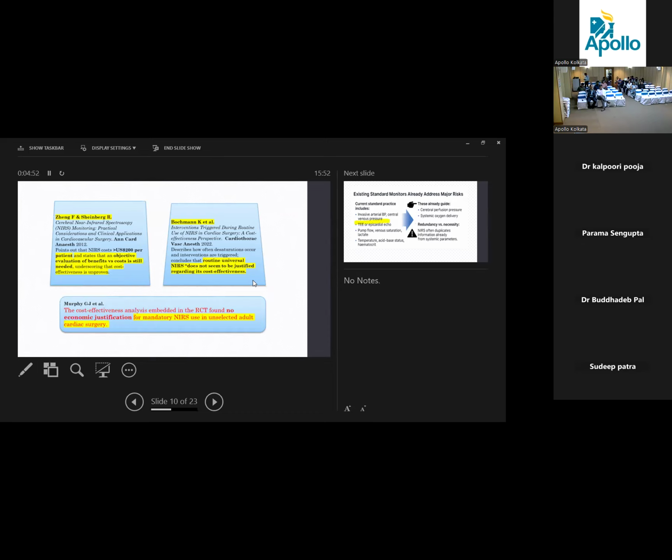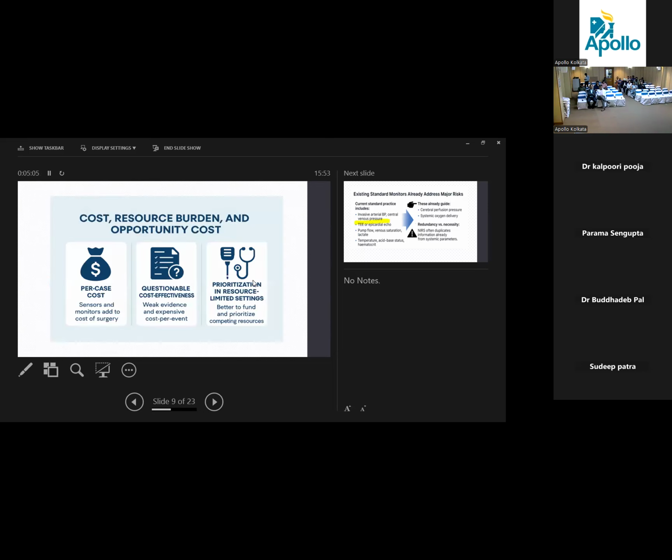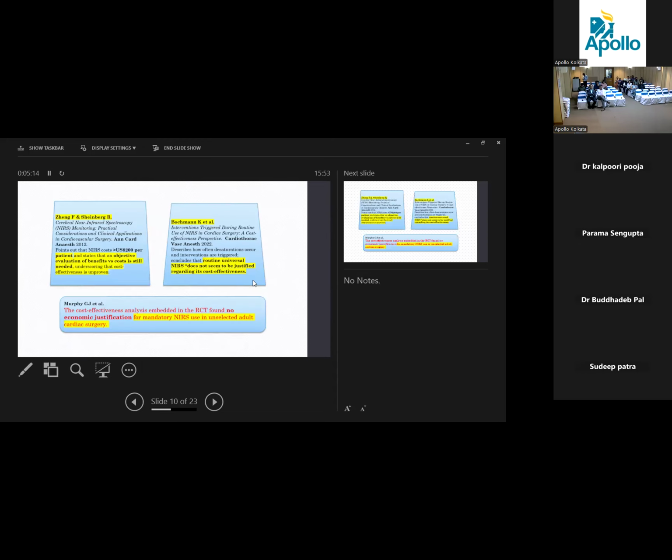He found that routine universal NIRS does not seem to be justified regarding its cost effectiveness. Murphy et al. found in his study that there was no economic justification for mandatory NIRS use in unselected adult cardiac surgery. Hence, it is better to prioritize this in those resource-limited settings and better to fund competing resources because